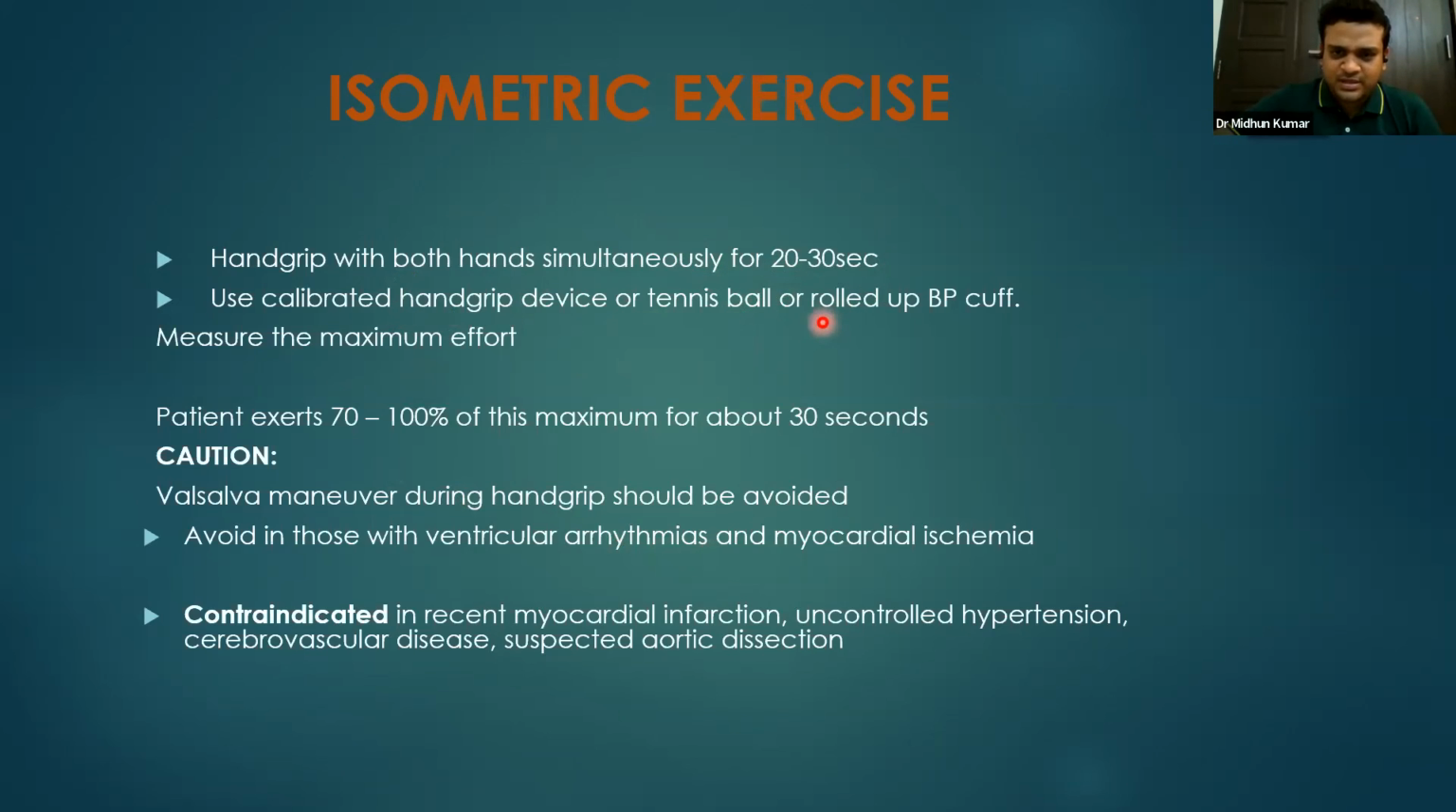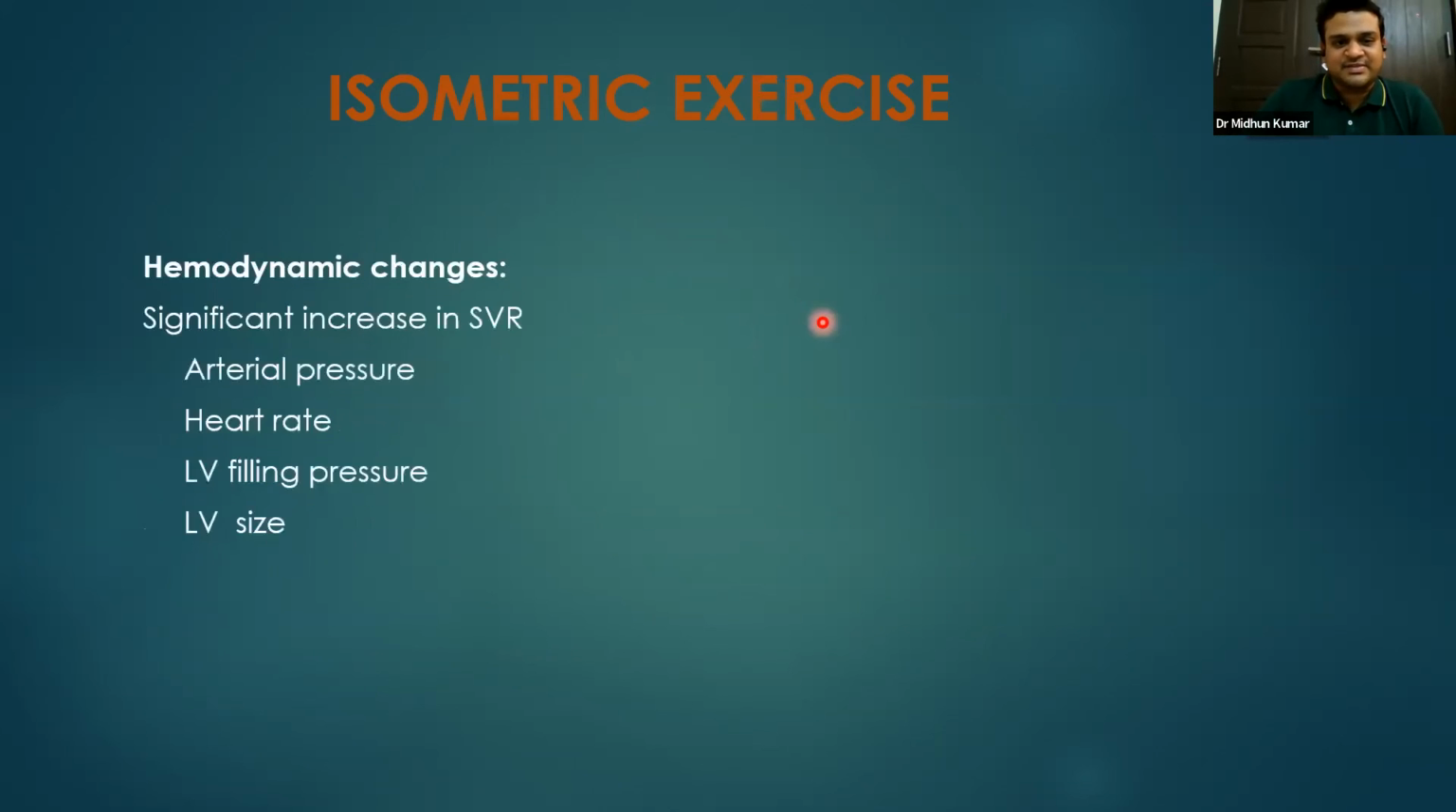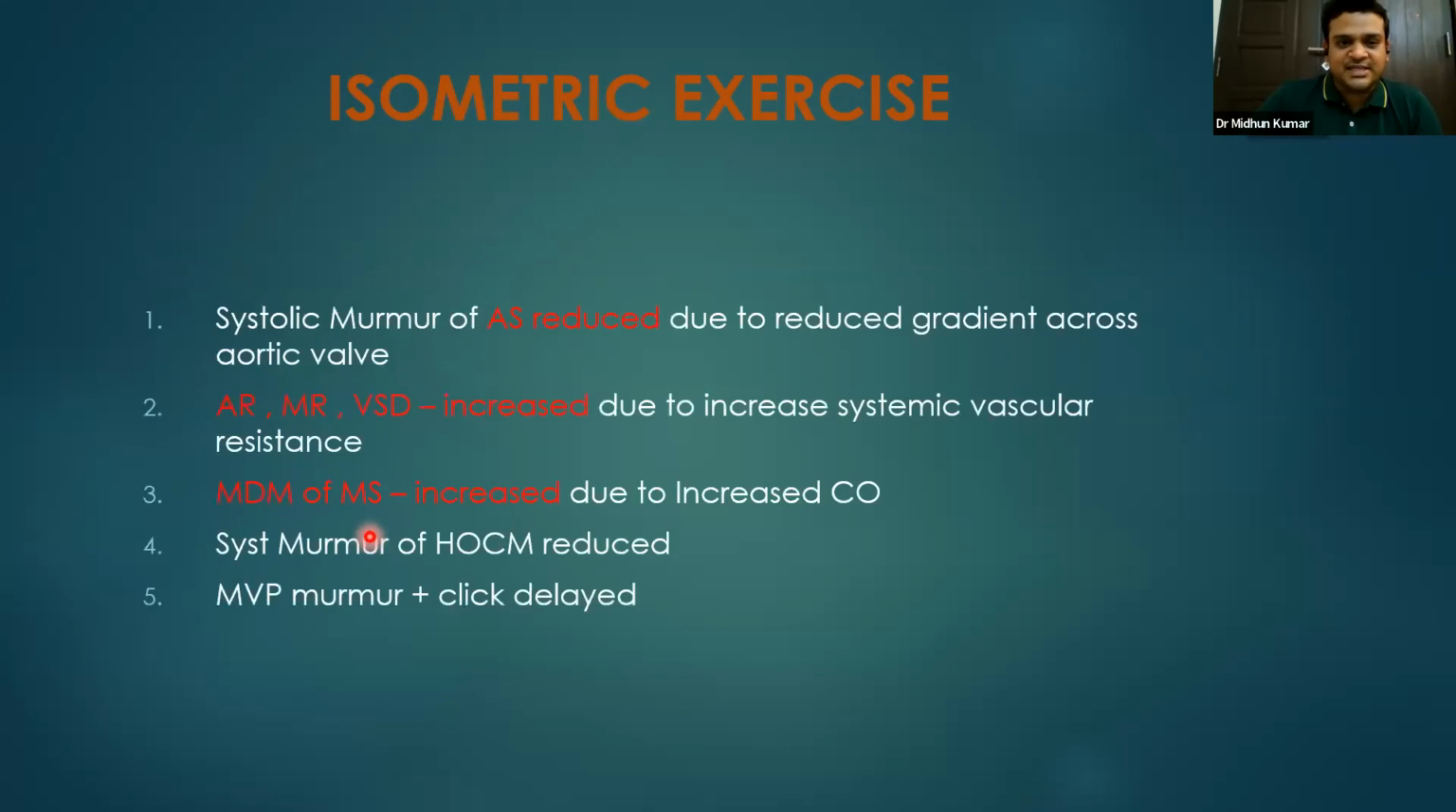You can ask the patient to hold a hand grip, or you can ask the patient to squeeze a BP cuff and inflate it to a certain degree, so that the patient increases the systemic vascular resistance. By increasing the afterload through isometric exercise, we are basically increasing the systemic vascular resistance, and this is going to increase the arterial pressure, the LV filling pressure, the LV size. So as already said, the systolic murmur of AS will be reduced, and